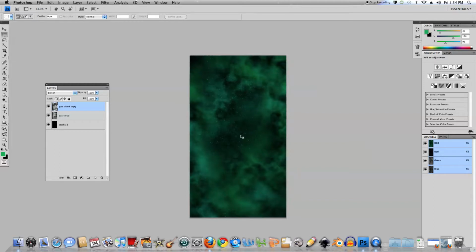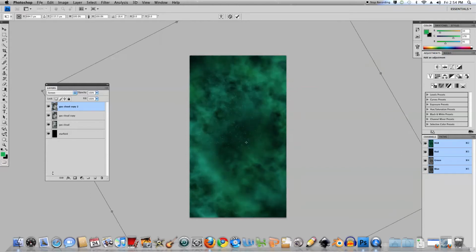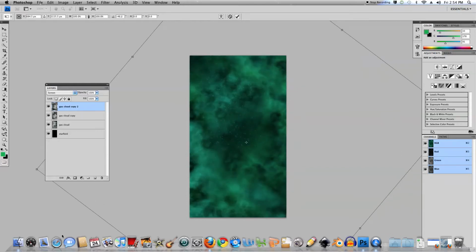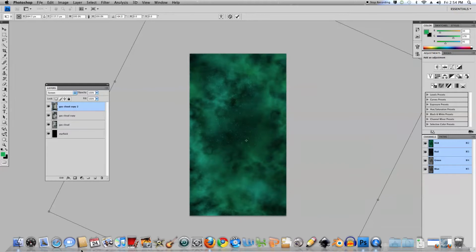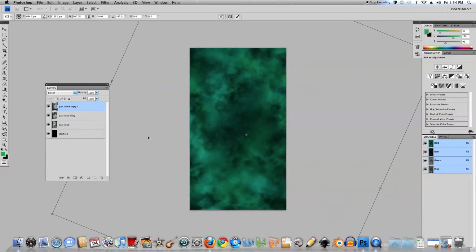Okay, let's duplicate the layer again. Command or Control J, Control T to do a transform on it, and I'll hold my cursor outside the box and I will rotate again. And once I'm happy, I'll hit Enter,